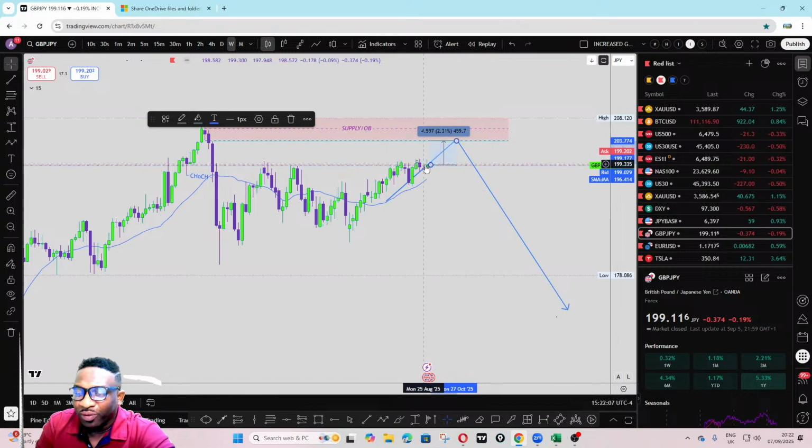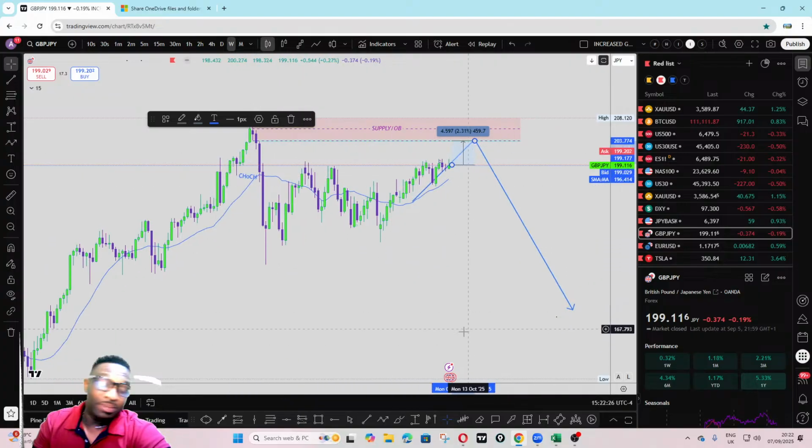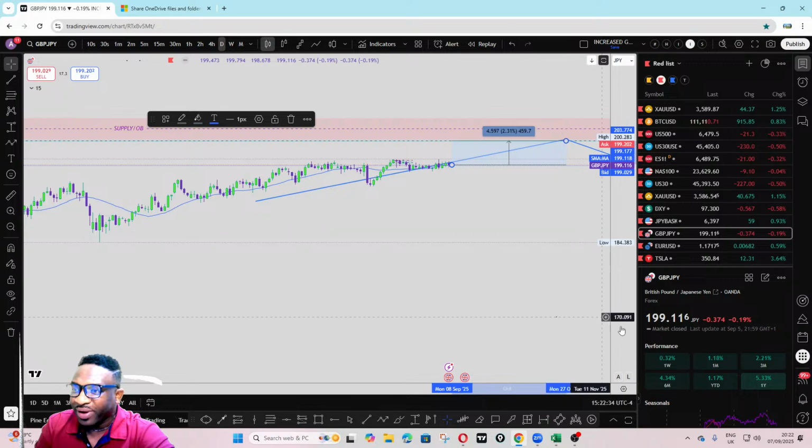So for this liquidity to be swept, we at least will want to be looking out for opportunities to take price to this area. Once we get to this area, and price gives us confirmation of reversing, with a change of character or a confirmation here, we trade it down. So on the weekly, this is what we see. If we go on the daily time frame,